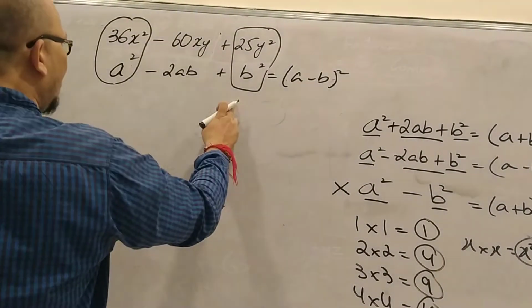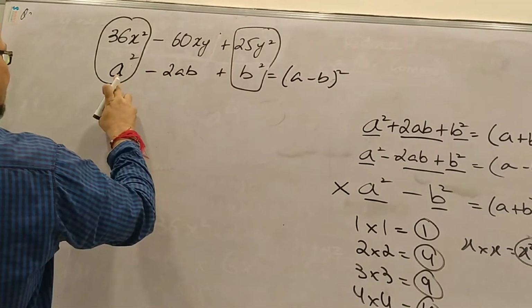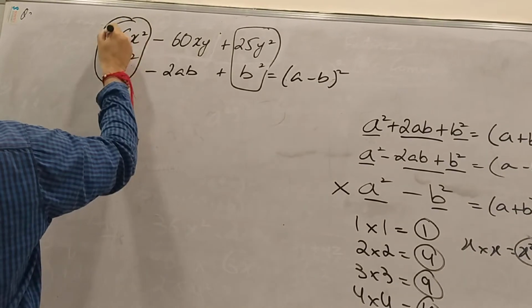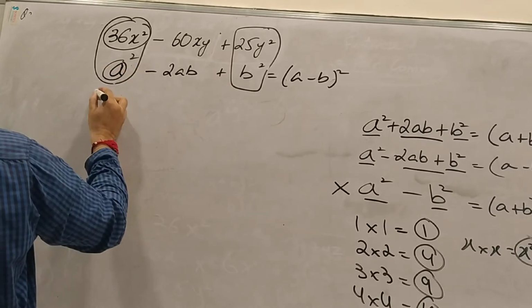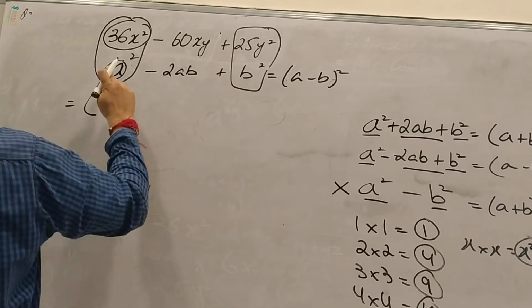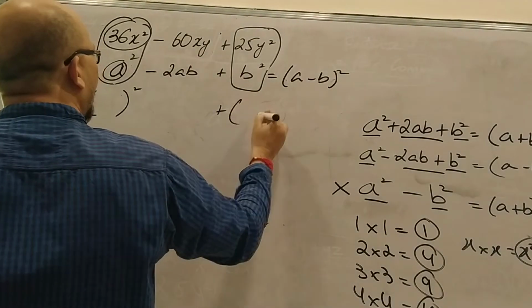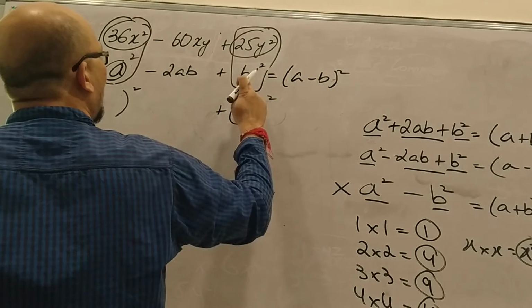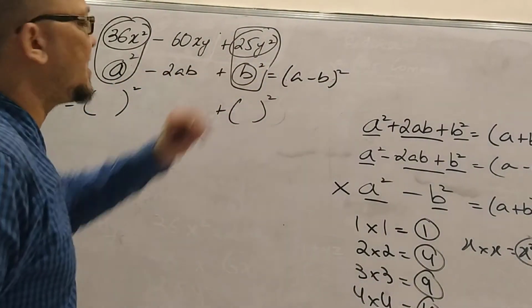So guys, look here. First of all we will verify what is a and what is b. So guys, first of all we need a and b. So look here, this is a square, 36x square is a square, but I just want a. So how will we get a? Look here guys, this is a square, so I need just a, and I need b. This is b square, but I only need to find out what b is. So I need to find b, guys. So look here, how can we get this a and b?